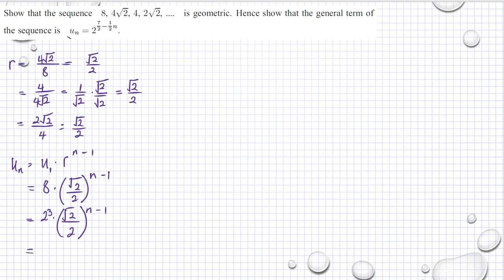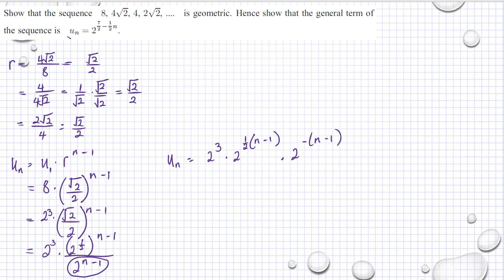If we use the law of exponent, then we have 2 raised to 3 multiplied by 2 raised to 1/2, raised to n minus 1. That's divided by 2 raised to n minus 1. Continuing here, u sub n is equal to 2 raised to 3, multiplied by 2 raised to 1/2 multiplied by n minus 1, multiplied by, we need to take this up, 2 raised to negative n minus 1, and we have 2 raised to 3 multiplied by 2 raised to n divided by 2